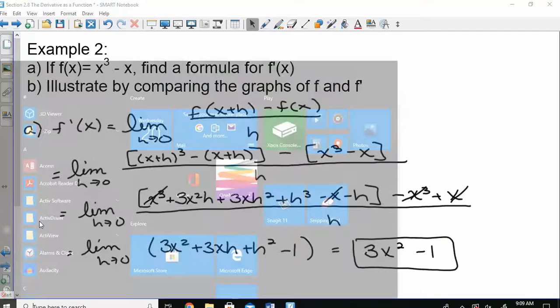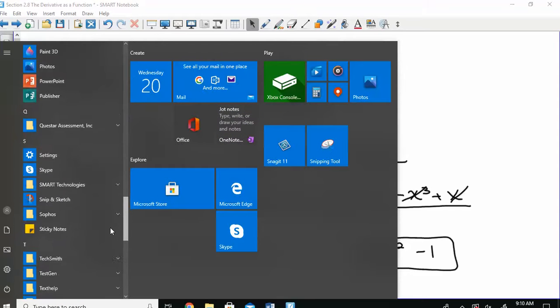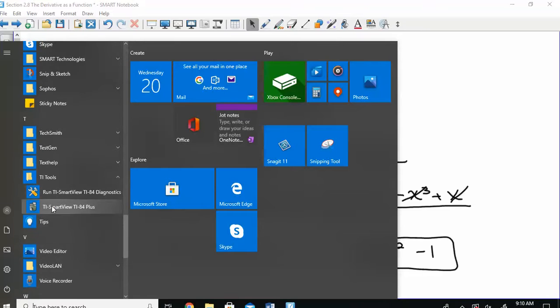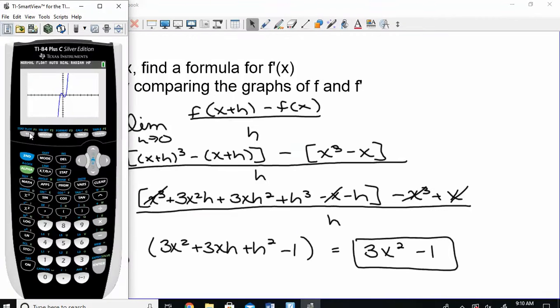Part B, I asked you to compare the graphs of these things. Just kind of reinforce what we're talking about. So the first one was x to the third minus x. Second one is 3x squared minus 1. So my original,